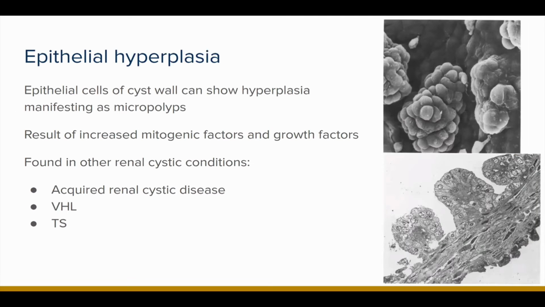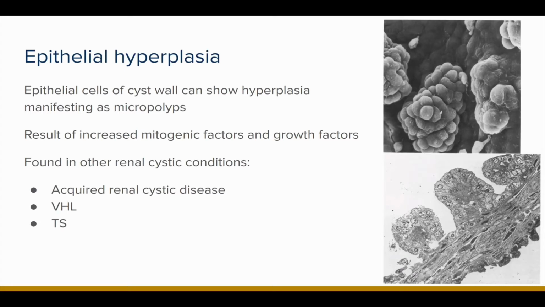Now, the underlying finding that has led people to wonder whether there's an increased risk of malignancy in polycystic kidney disease is the finding of epithelial hyperplasia on histology. And this is a hyperplasia of the epithelial cells lining these cysts, which manifest as micropolyps, as you can see in the scanning electron